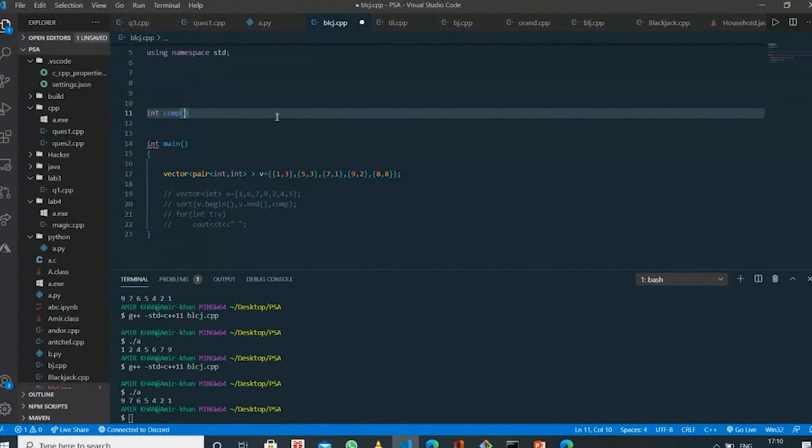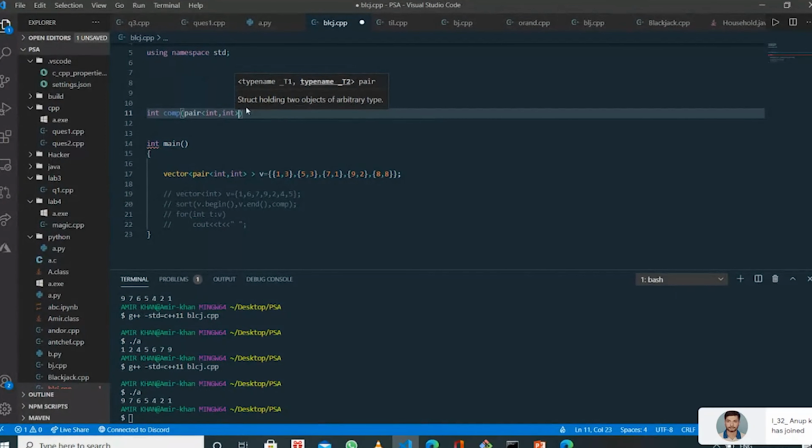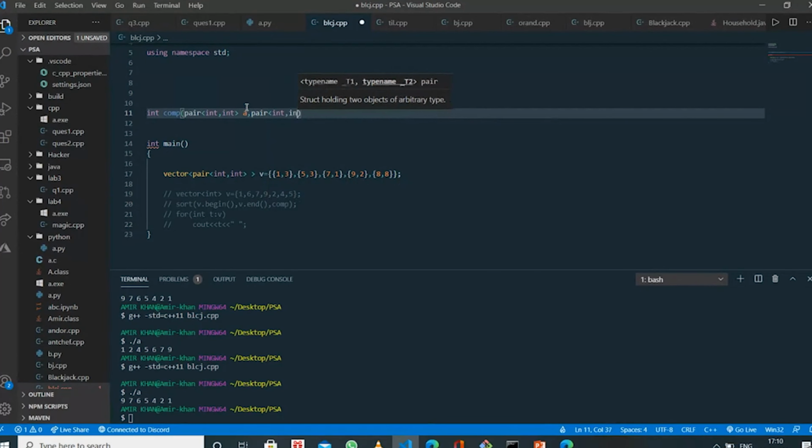The argument will be the object type, the objects which the vector is containing. Here it is containing the pair object type. So I will take two pair objects, A and B.